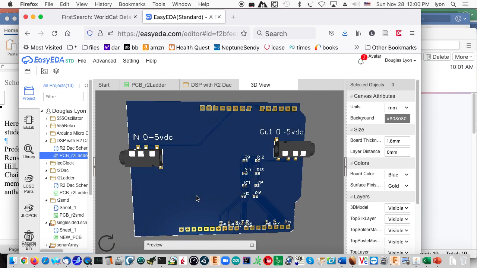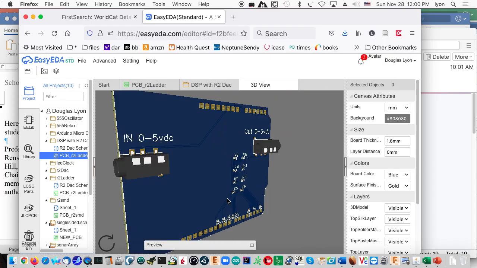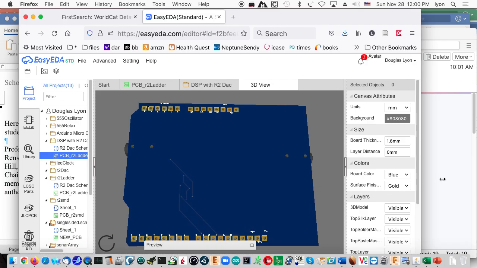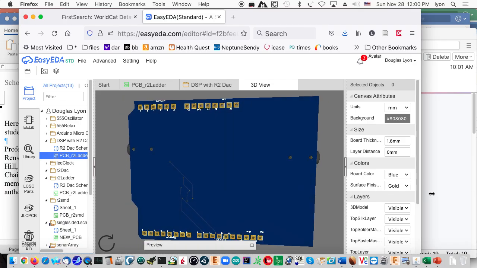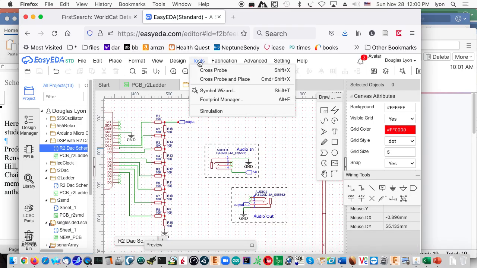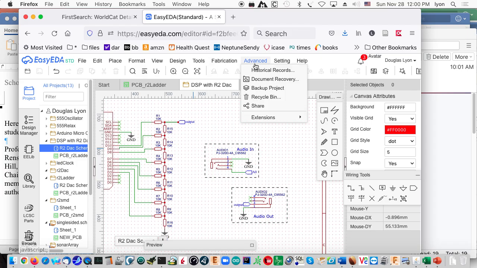Look at that. That's the board. Looks all right to me. So then we'll close that off, and we'll do a view on the top if we like, or we'll just go and do the fabrication